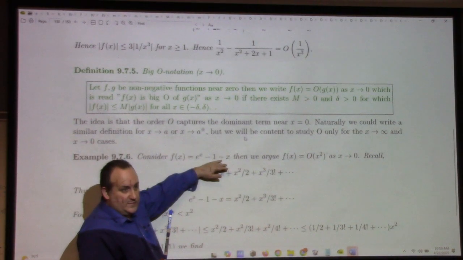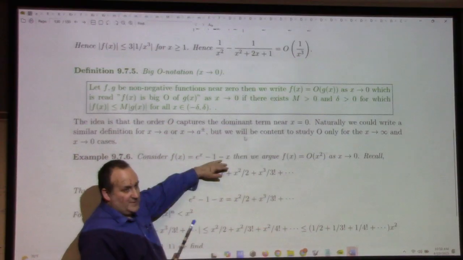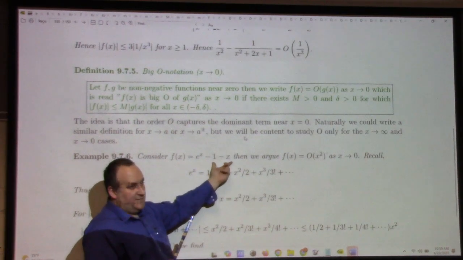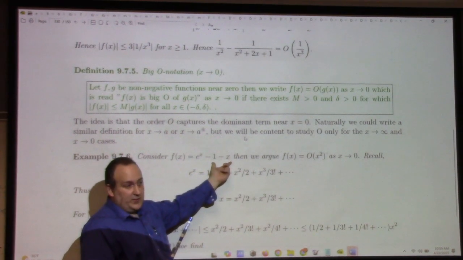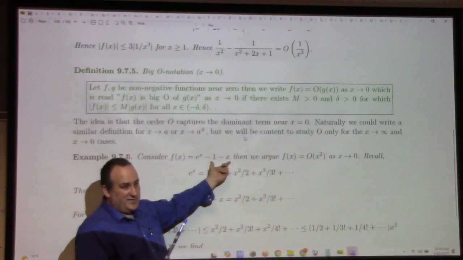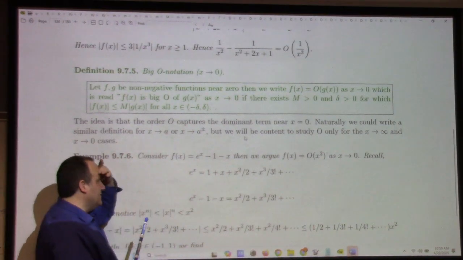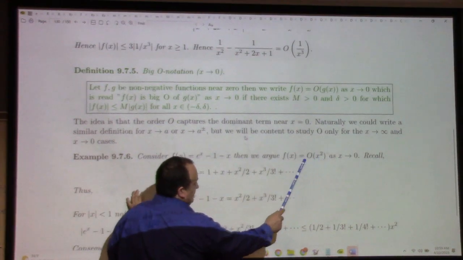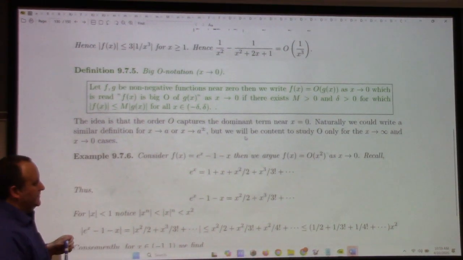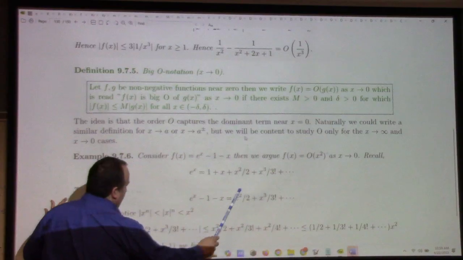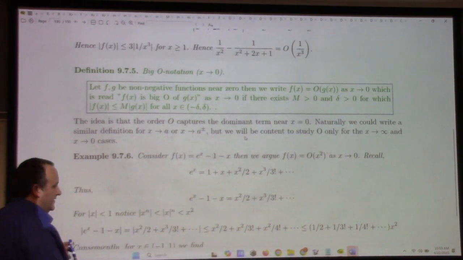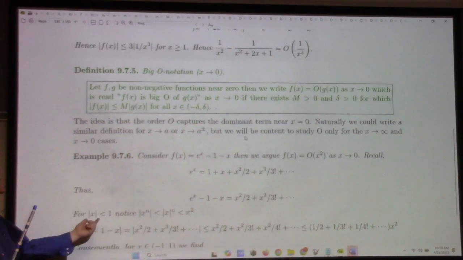You should use those. e to the x is 1 plus x plus 1 half x squared plus 1/6 x cubed plus dot, dot, dot, right? So what we're doing here is we're just subtracting off the linear part of the Maclaurin expansion of the exponential. All that's left is x squared over 2 plus higher order terms. So it's totally unsurprising that we have f of x as order x squared here. And indeed, my argument is here's the Maclaurin series for e to the x. We subtract off that, we get that. And then if x is less than 1,